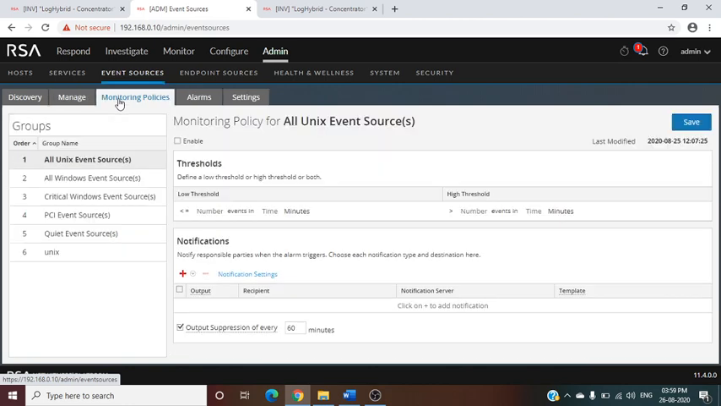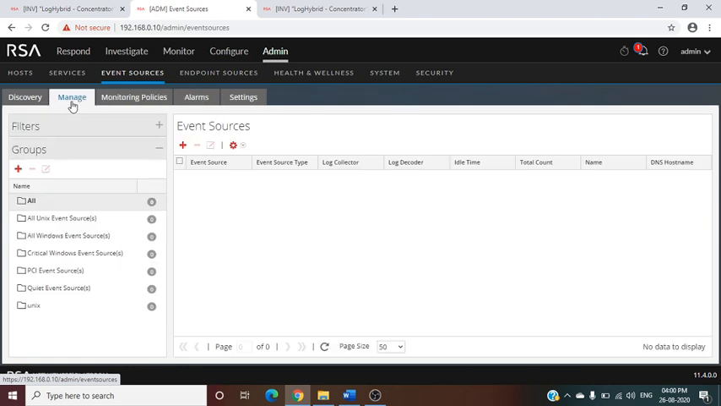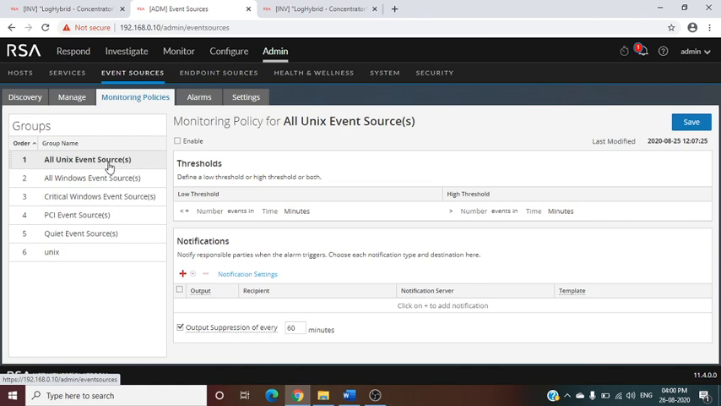Now going to monitoring policy. This is the same group. First you have to create a group here. Now on this group you can create a monitoring policy. For example, if some log source is not sending logs for 10 minutes, you can create a monitoring policy for that log source, like for all Unix servers. Here define the minimum threshold, low threshold, one event in time 60, meaning in 60 minutes, if there is less than one event,